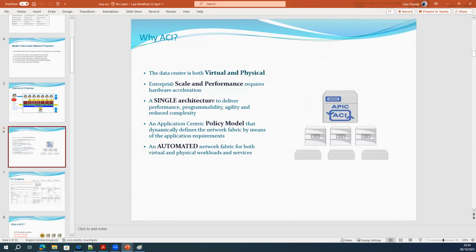Then we come to why ACI. ACI is a solution which has both virtual and physical options. It means you can deploy Cisco ACI as a virtual in your data center, or you can deploy ACI as a physical in your data center, and it also provides scale and performance from your hardware perspective. It means if you're having the Cisco ACI hardware, it can provide you